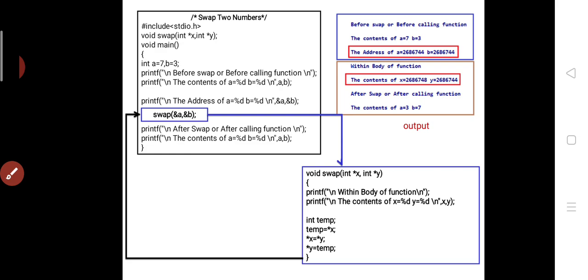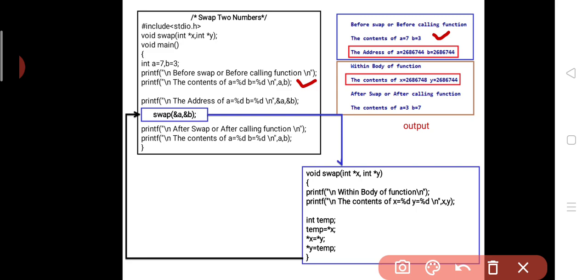Let us consider an example. The aim of this program is to swap the content of two variables. Here we have declared variable A and variable B. The variable A is initialized to 7, and the variable B is initialized to 3. First we display the content of variable A and variable B with the help of this printf statement. In the output window, we can see the content of A is 7 and the content of B is 3